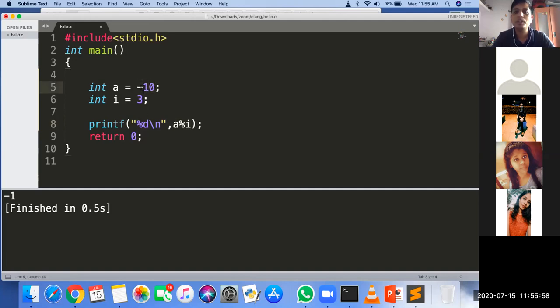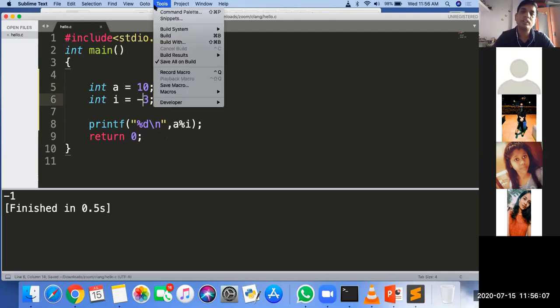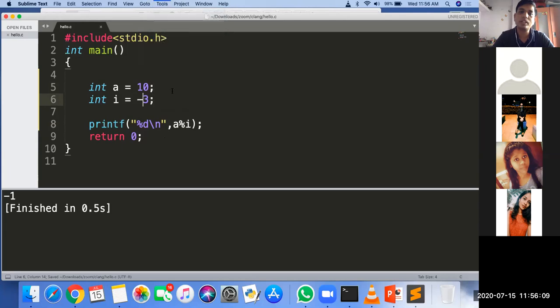If your numerator is negative, the result is negative. If your numerator is positive, whatever your denominator is, it will again always take the sign of your numerator. Numerator sign is here positive. So just do 10 divided by 3 and the remainder is 1. Your answer is 1. So this is the point to be remembered here.